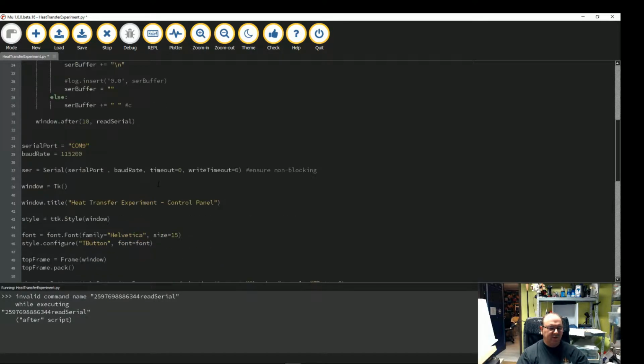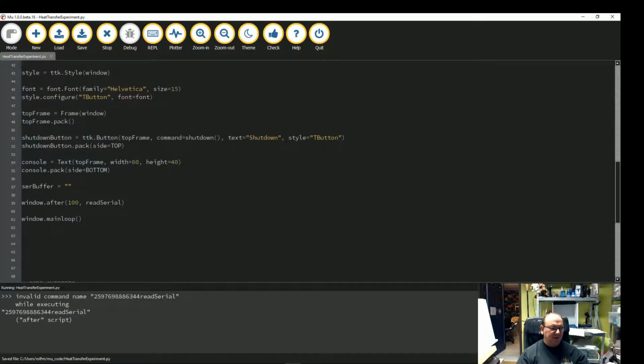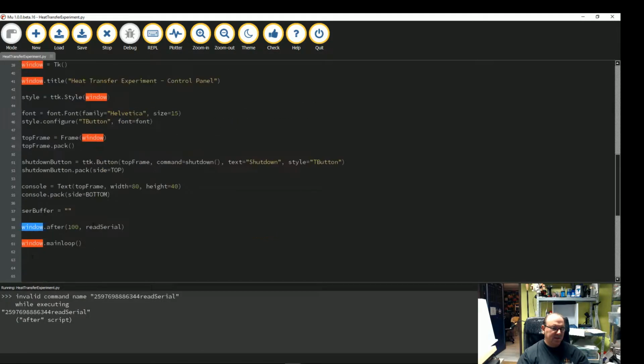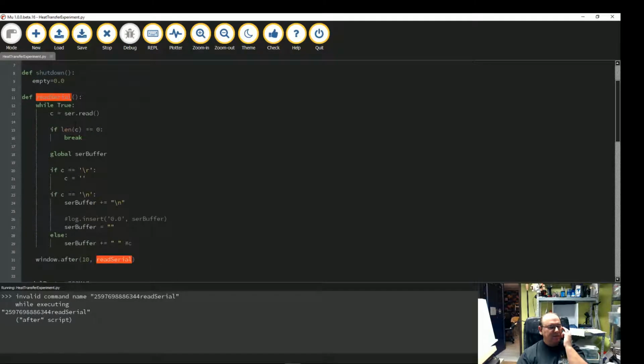Yep. So here we see the main code starts here. And that was the same serial port setup. And then basically it says this is the actual window. So it inserts a timer function into the window, which says after 100 milliseconds execute read serial. And then it comes into read serial, and this tries to read the serial port, checks if there's something to read, and then it puts the value in the buffer. And this is beautiful, nice code, no problem. So in this example, no comment about what version of Python this is for, no comment on what version of the serial library this is for. And now I'm going to